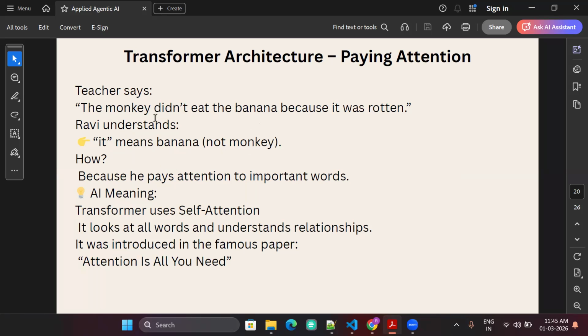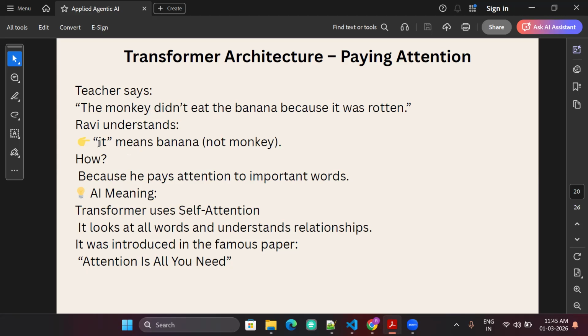"It" here means banana, not the monkey, because in the past, in the data he was trained on, he must have encountered similar sentences, and there he must have found that if something is talking about rotten and these words, it is more relatable to a fruit or vegetable than to an animal.